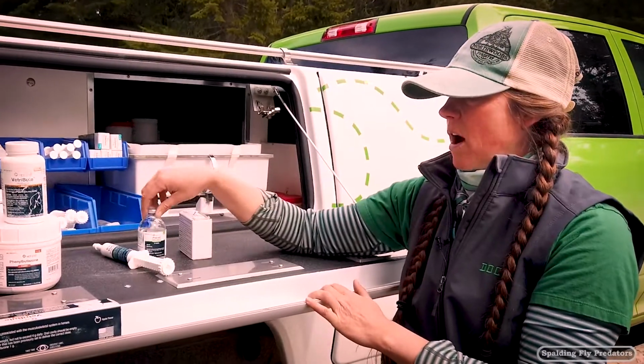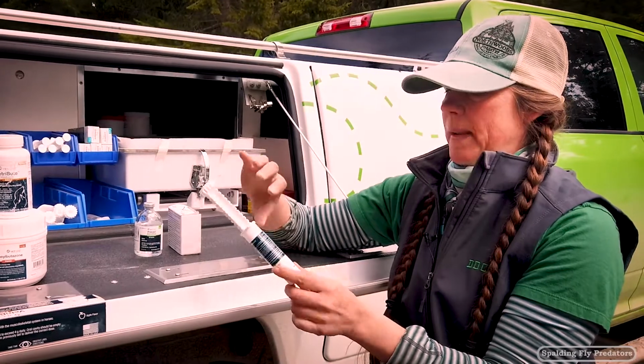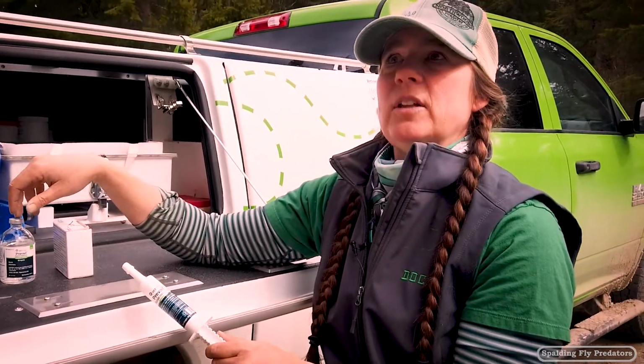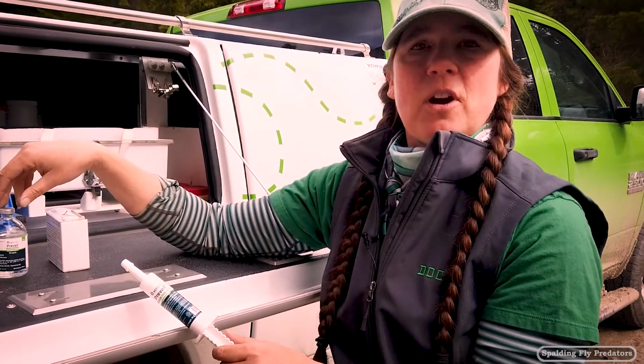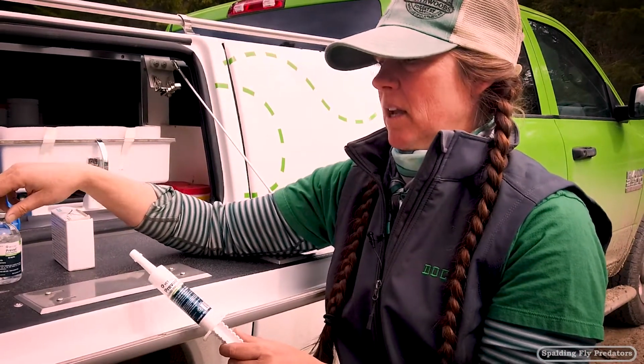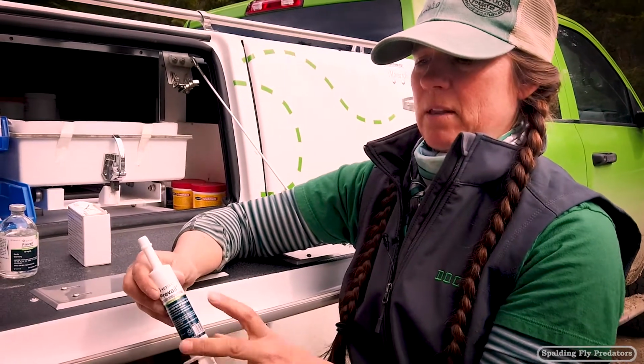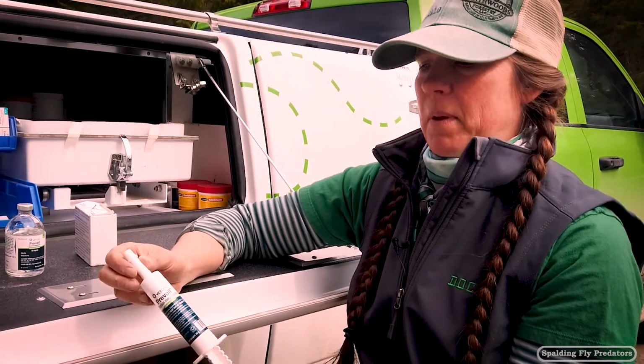The next one that we'll commonly use is called Banamine. Banamine's kind of like Kleenex. It's the brand name for it. The drug name is flunixin meglumine. This is an off-brand called Prevail, but you can see here that it is flunixin meglumine. This is an apple-flavored paste, and